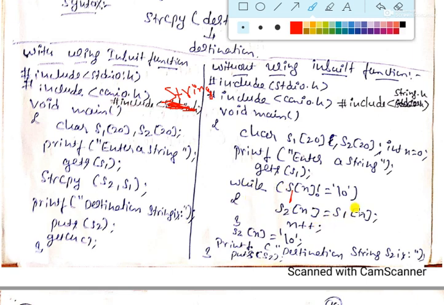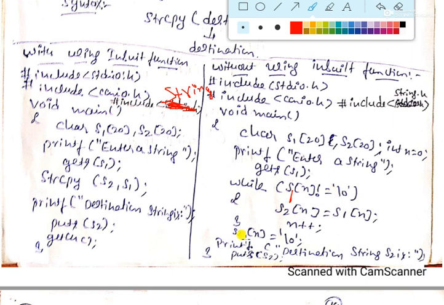So now all the s1 values are copied to s2. Here we are using the assignment operator. Don't confuse it, this is not the equal to operator. Assignment equal to, single equal to. So until it reaches the null character, all the characters that s1 has are copied to s2, except the null character.